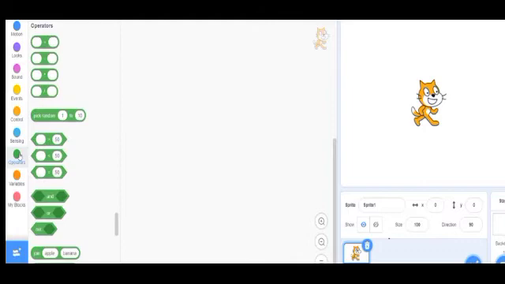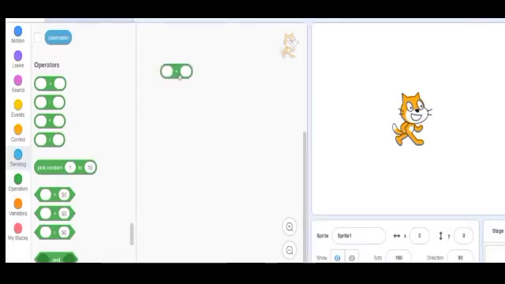See, I will show you. First block is for adding two numbers. Here I am using addition operator. I am dropping this for addition. I'm writing the numbers here to add, and see, it will show me the result.